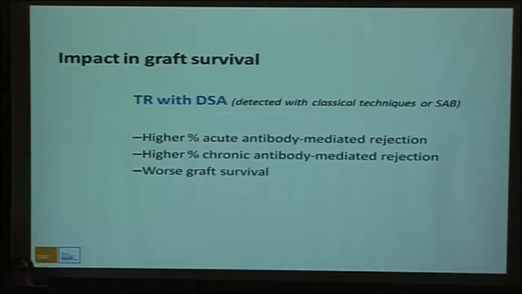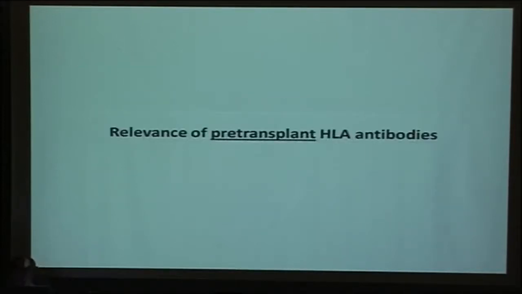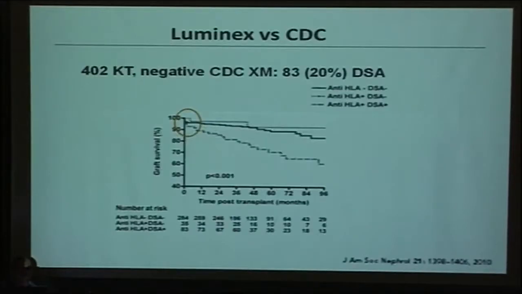But we don't know the exact way to distinguish them. What we know is that transplanting with a DSA on board is associated with a higher rate of antibody-mediated rejection, both acute and chronic forms, and it is associated with worse graft survival. We know that definitely. What is the relevance then of these pre-transplant HLA antibodies? The first good paper showing the importance of having pre-transplant DSA is from 2010 from a French group, showing that in 400 patients receiving a kidney transplantation, a mix of living and deceased donor kidneys, with a negative CDC cross-match,